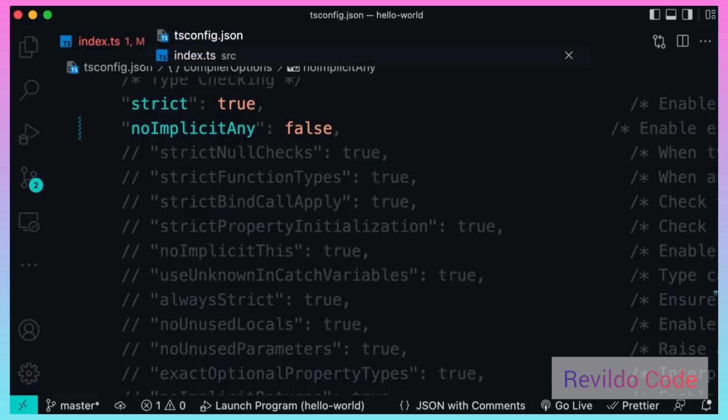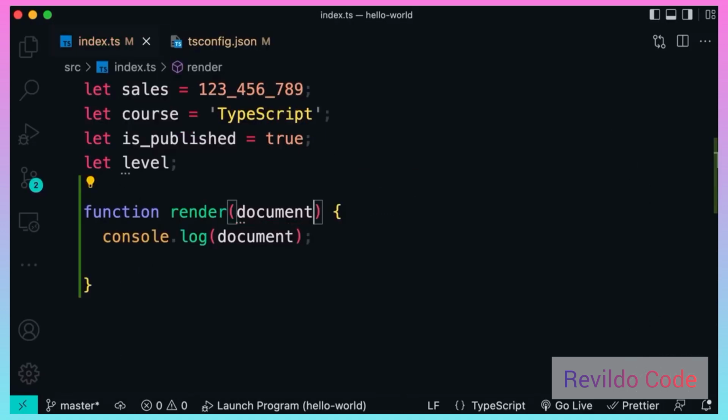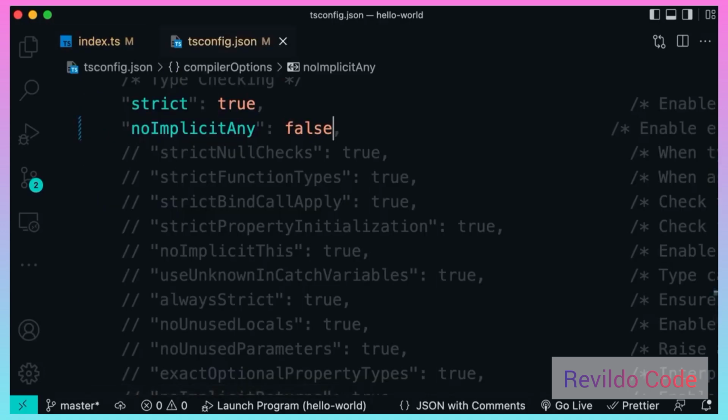So back in index.ts, the error is gone. So use this with caution only if you know what you're doing. Otherwise, there's really no point using TypeScript because you will lose the major benefits of TypeScript. Okay? So back to tsconfig, I'm going to revert this code. Good. So that's all about the any type. Next, we'll